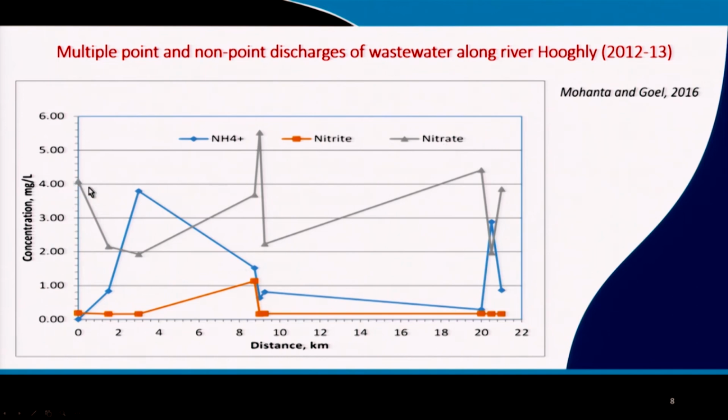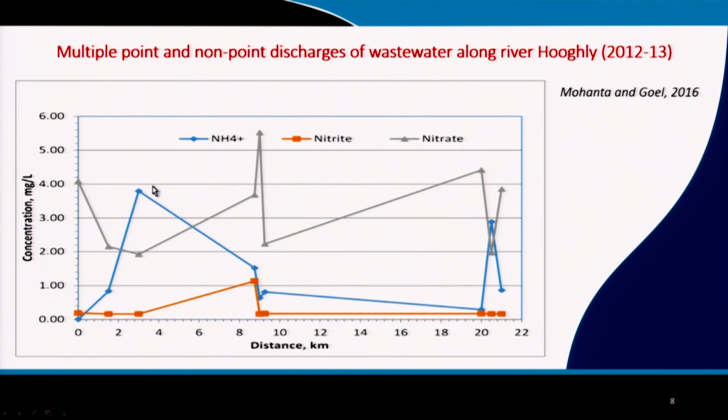So here you can see for nitrate. Now nitrate is a very interesting case on this particular graph because you have a fairly high nitrate concentration to begin with. Now if nitrate were coming only from municipal wastewater discharges, then it should have been 0, but it's not, and that is indicative of the fact that the fertilizer application to the fields north of these two cities has probably contributed to the high level of nitrate right in the beginning. That has declined probably by sedimentation and precipitation and so on,